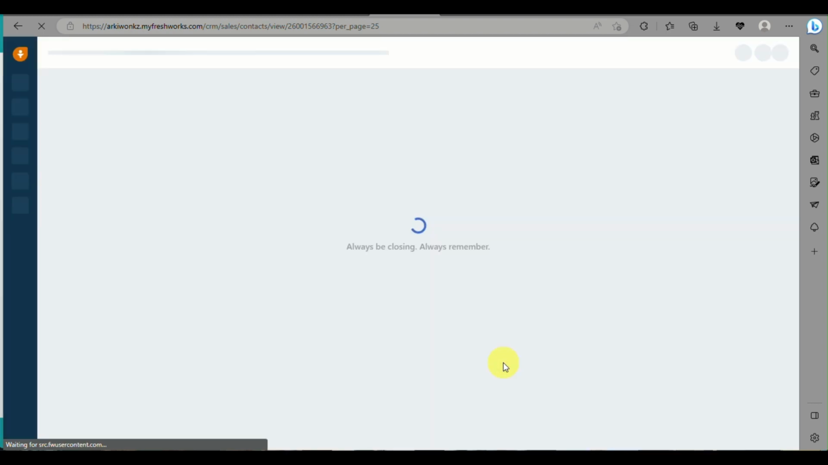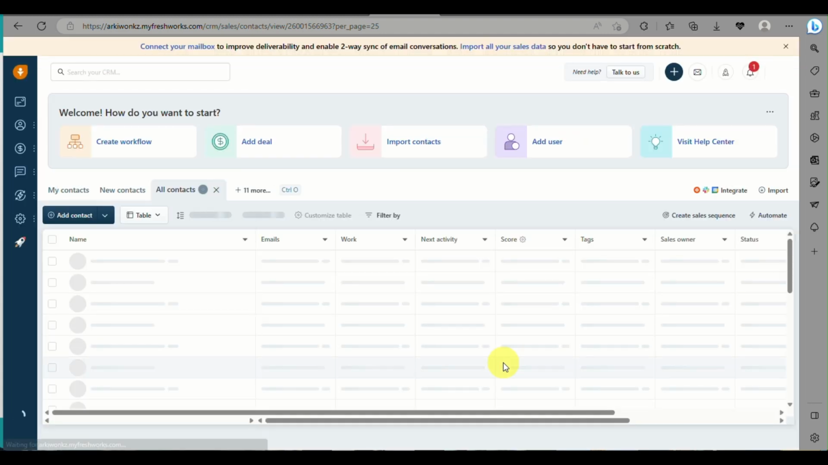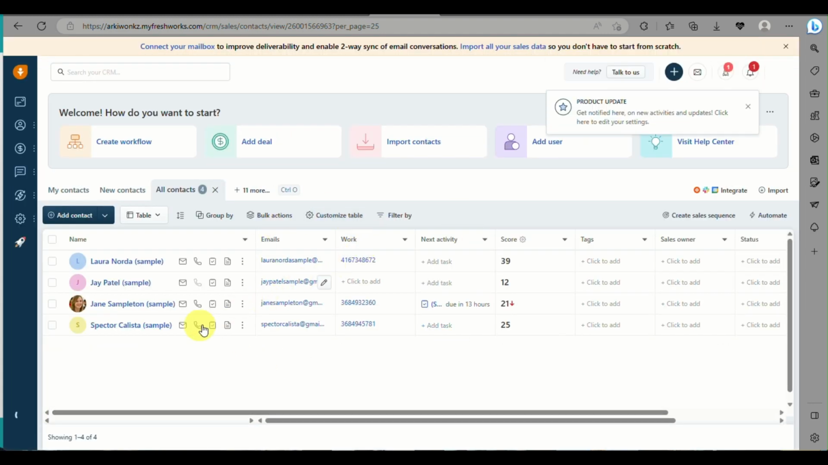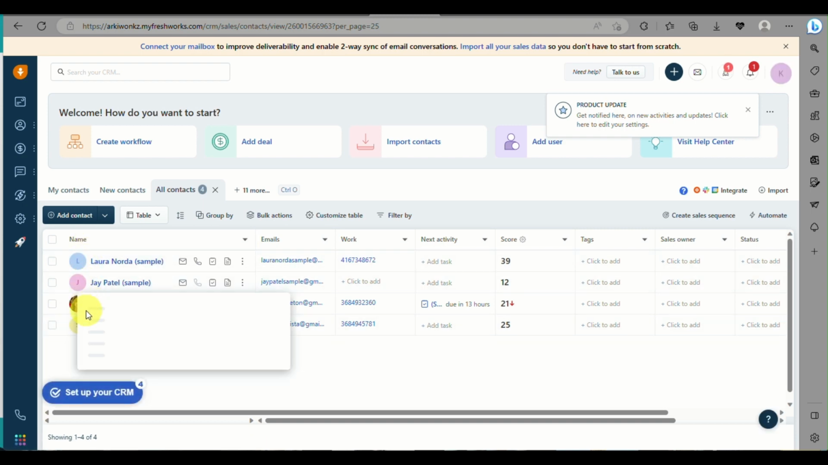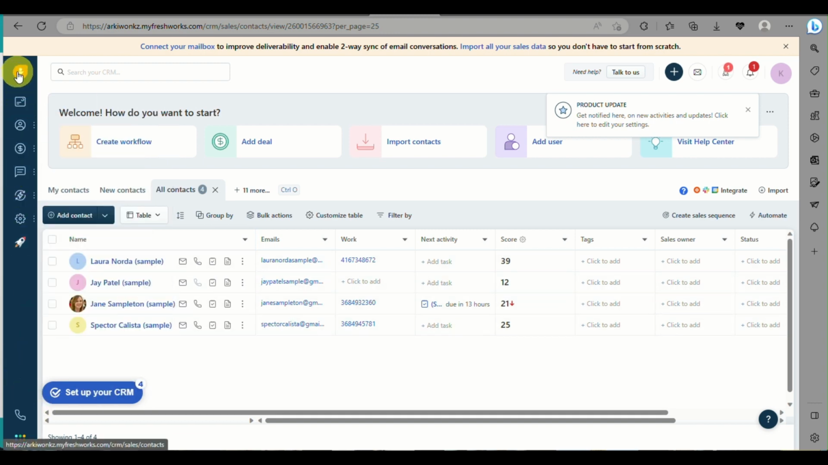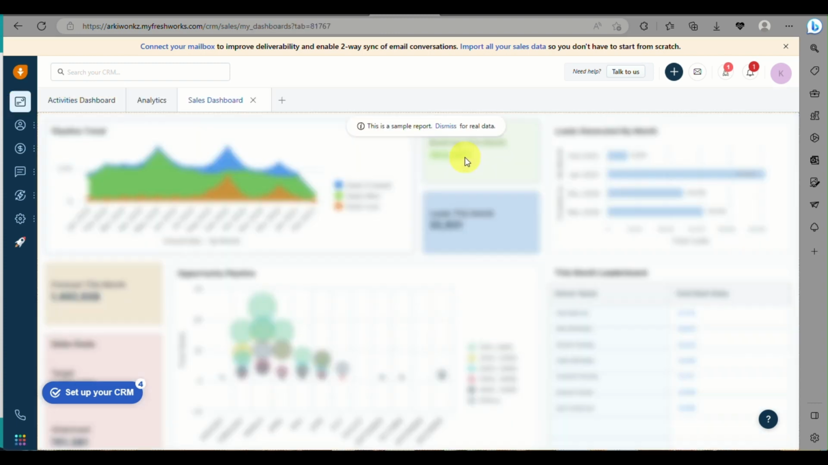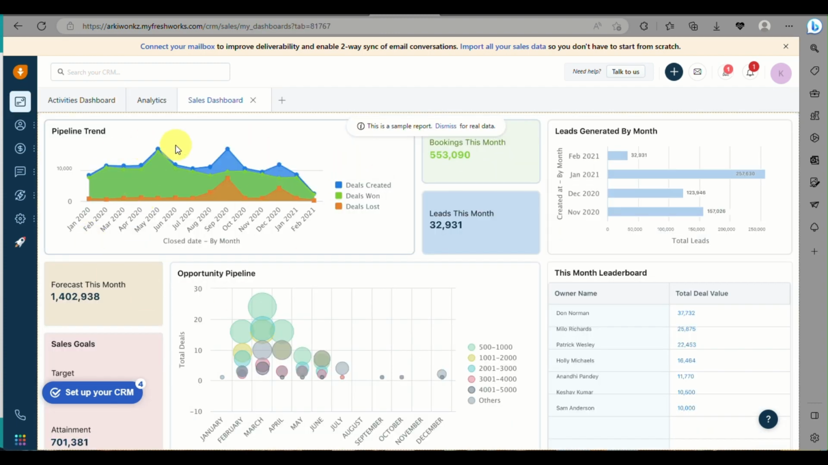Once this has fully loaded, you'll be routed into this page where you will be able to view your contacts. But since this is a new account, the contacts we have here are just examples. When we click on the first option on the right panel, you can see the sales dashboard. These are the updates from your business. So for example,